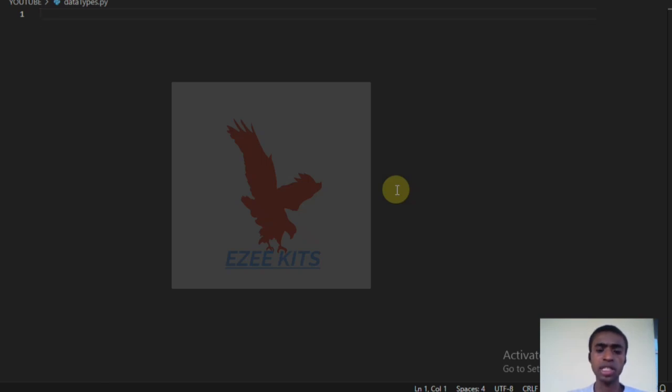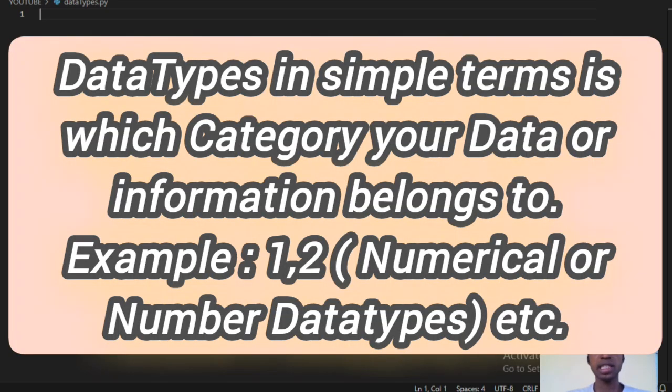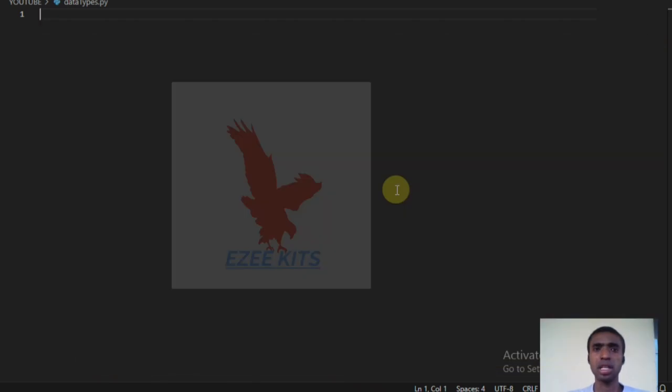First of all, what exactly is a data type? A data type is just like information, your data. What category does your data belong to? When you insert data, you want to know that data and what type it belongs to. And when it comes to real life or a Python programming scenario, there are many categories of data, which can be categorized into many